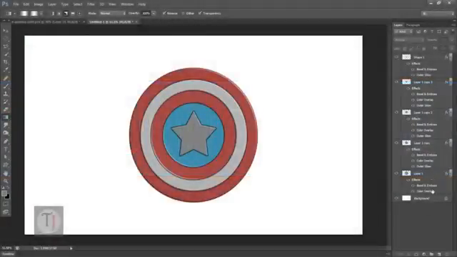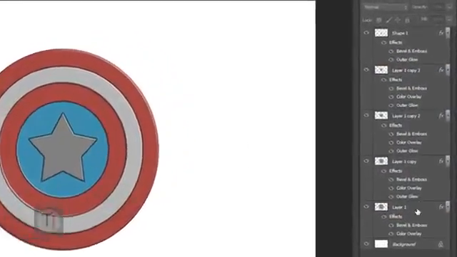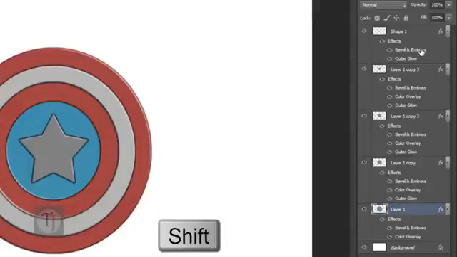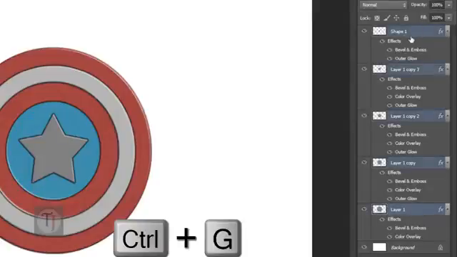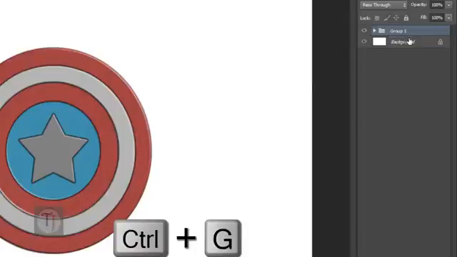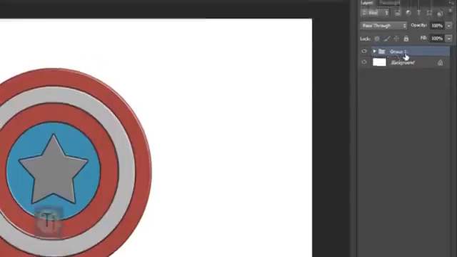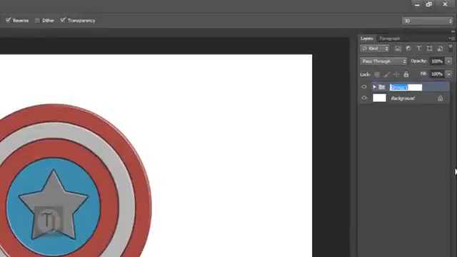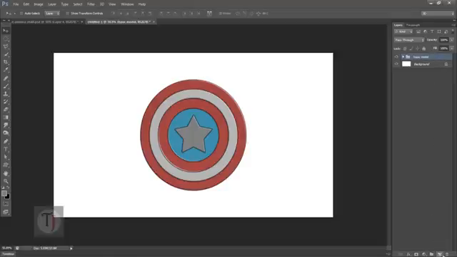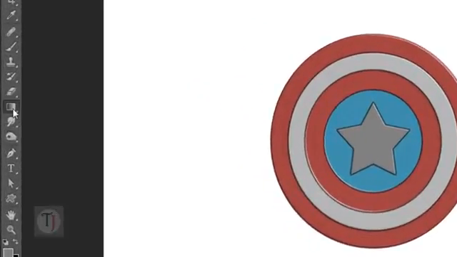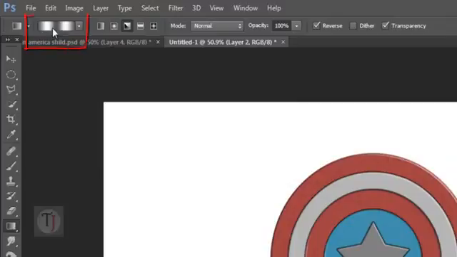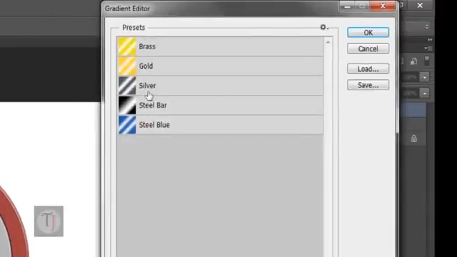After we are done with modeling, select your first layer and hold down the Shift key and select your top layer and press Ctrl G. It will put all of your layers into a single group. Now let's rename this to basic model. After that, create a new layer, select your gradient tool, go to gradient options here and select silver